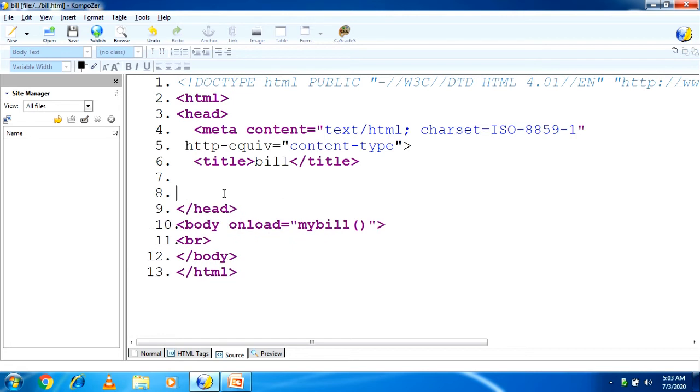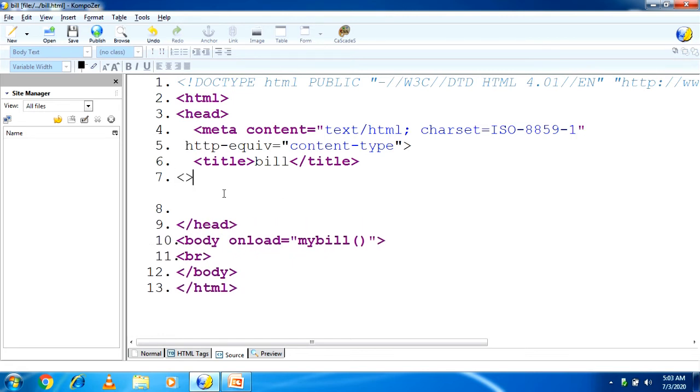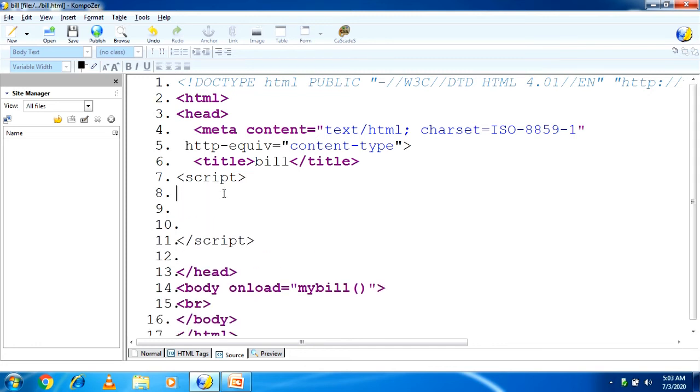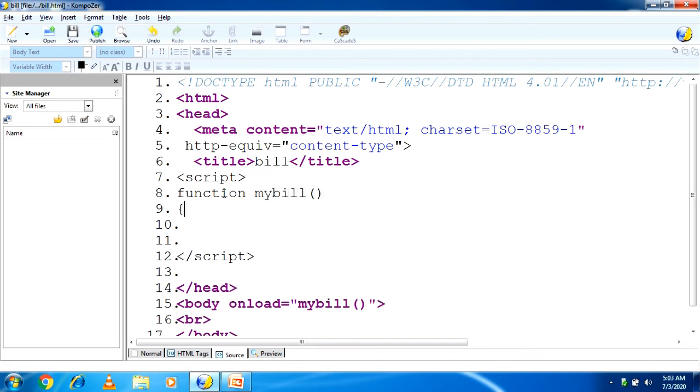After closing the title tag, I am opening a script tag: script open, script close. Inside that I write function myBill().